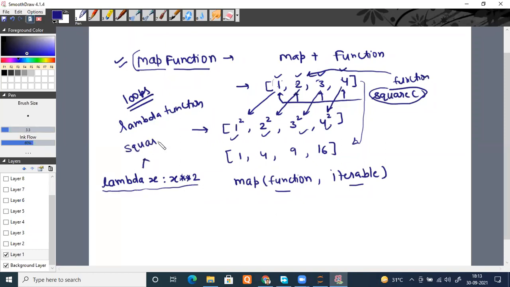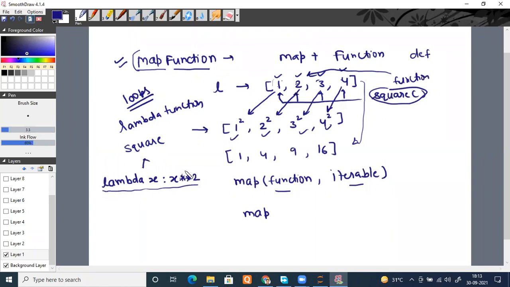Tell me, is it right or wrong? Please, everyone. Yes, sir. Is it fine? Yes, sir. Okay. So suppose this is my list named L, and I have to create this one. So how will I write it? I will write map. For a function, we could either declare a function using the def method, but we don't require that, we can directly use this.